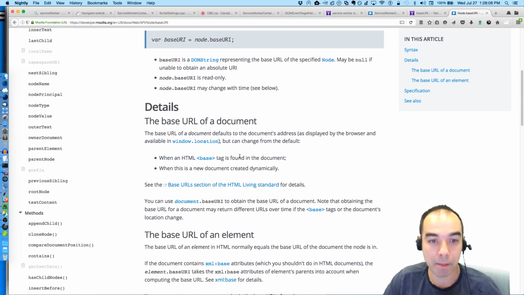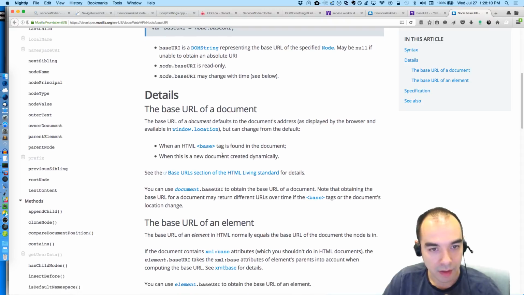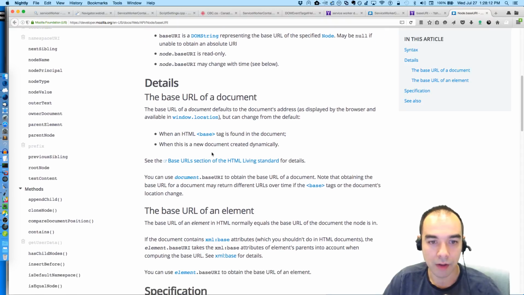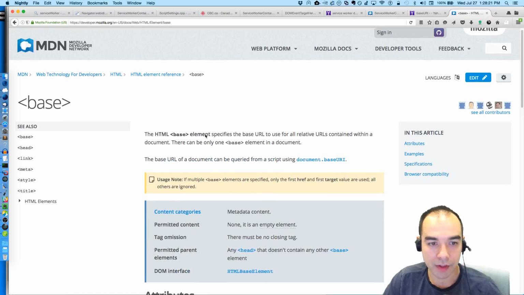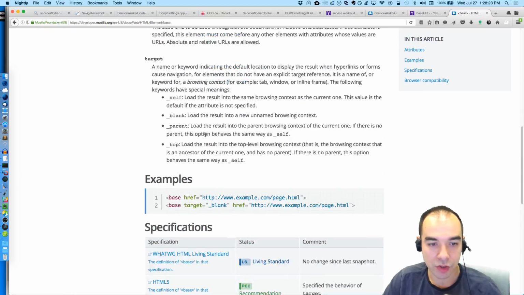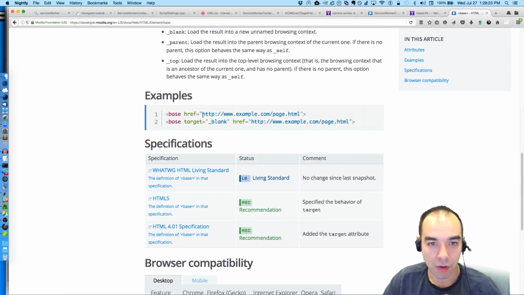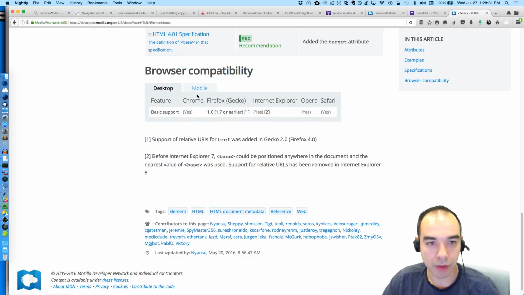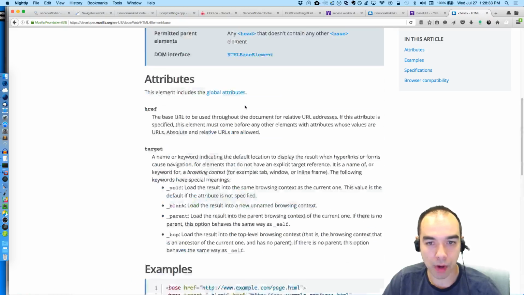Oh, if there is a base tag in the document, you can change the base URL, and when this is a new document created dynamically. That's very interesting. I forgot that you could do that. You can use base to change what people think your base URL is. Okay. And we've had that support since 1.0.